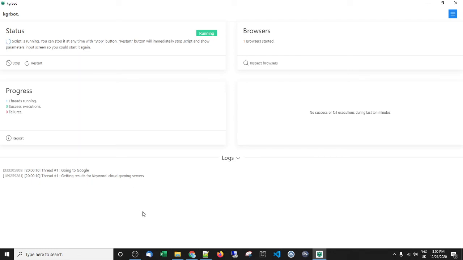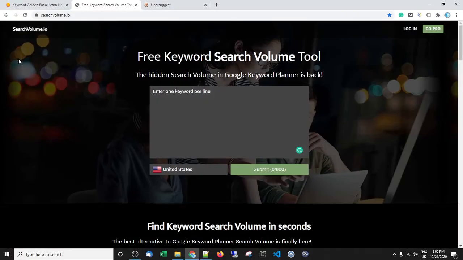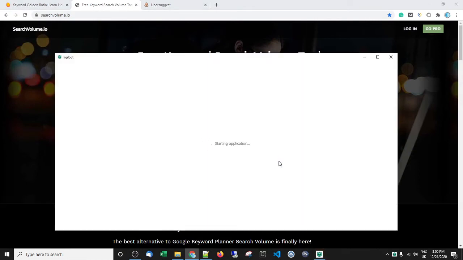It's going to go and search each one of the keywords and give us the score back and then put it into the database. And once you've got them, you can just use the ones that have a score of 1 or under, and like I said, write content for them. Okay, so let me just go talk about some other features that are included in the full version. Let me just reload the screen.